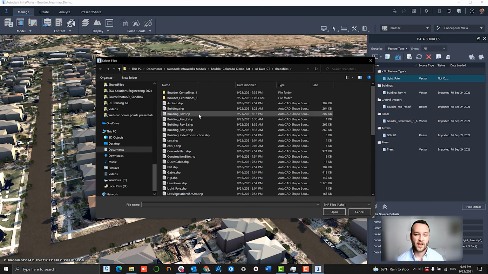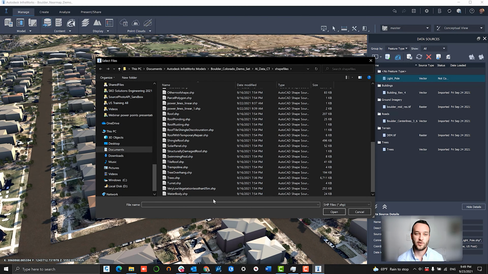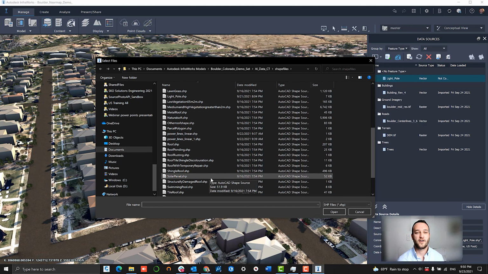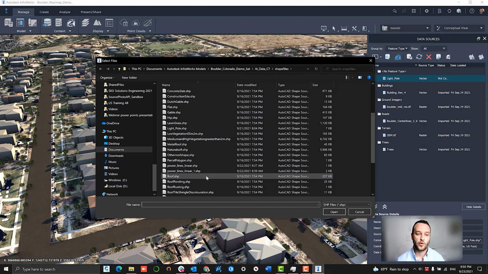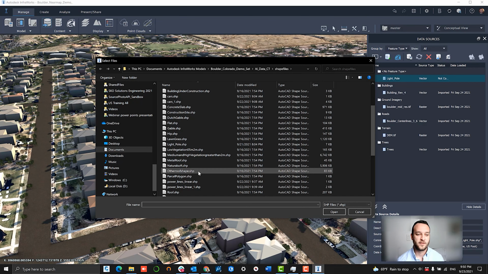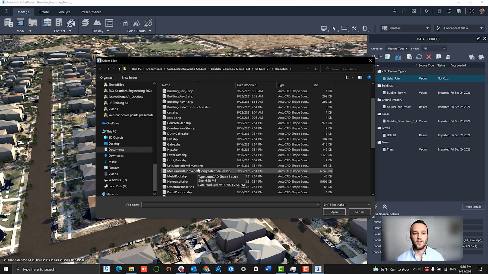We have a lot of AI attributes. What I'm going to do is I want to avoid going through the loading process for each one. I'm going to do one additional one for a concrete slab ground layer. This is a coverage area. It's a pretty typical type of InfraWorks object that you load up, but there are a lot. We have things like power poles, power lines, solar panels, different roof attributes in terms of damage. We have cars, again, different types of ground coverage. All of these can be loaded. As long as it's vectorized content, it can be loaded within the InfraWorks environment.